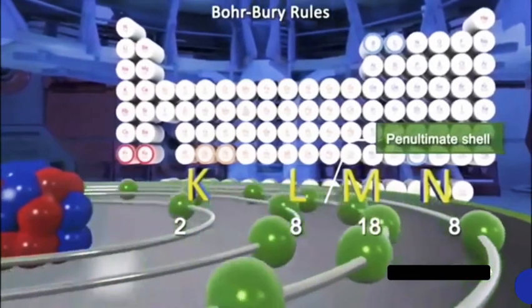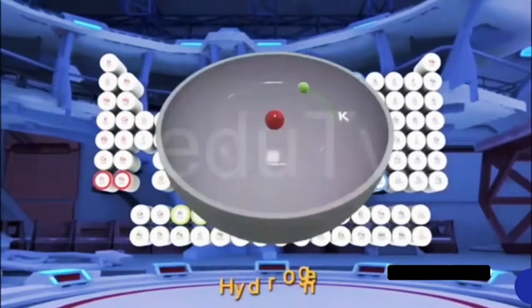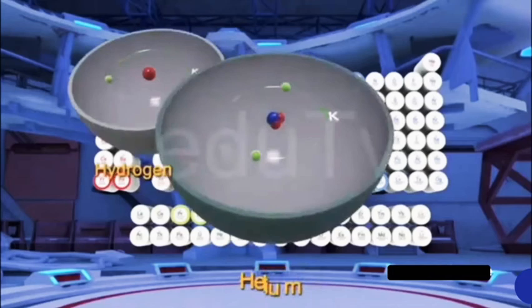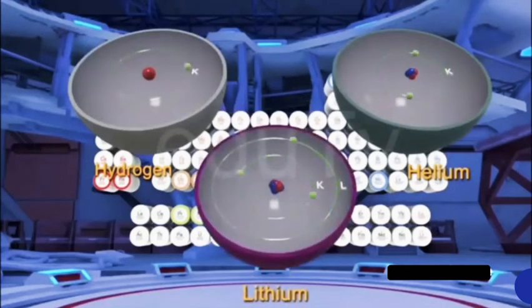By now, it should be clear that the one electron present in a hydrogen atom occupies the K shell and 2 electrons will be present in a helium atom. Whereas a lithium atom has 3 electrons. As per rule 1, the K shell cannot have more than 2 electrons and hence the third moves to the next shell L, which contains 1 electron. So the electronic configuration of lithium is 2, 1.